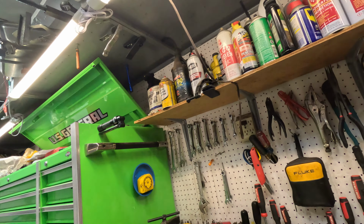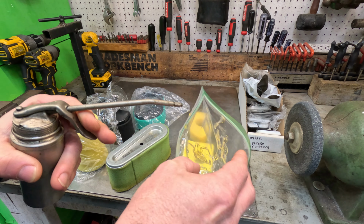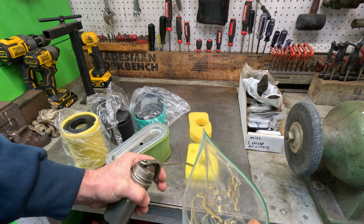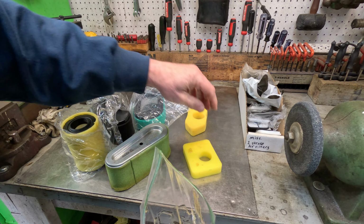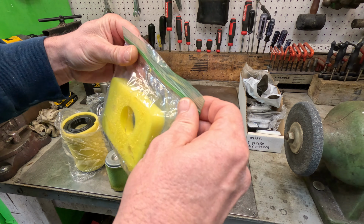Let's see what I'll do. You can just squirt the oil right into the bag. If I got any oil left in this thing, yeah, there we go. Put some oil in a bag, or just pour some in there, maybe squirt a little bit on there. It don't take a lot. All I like to do is put it in a bag, zip it up,